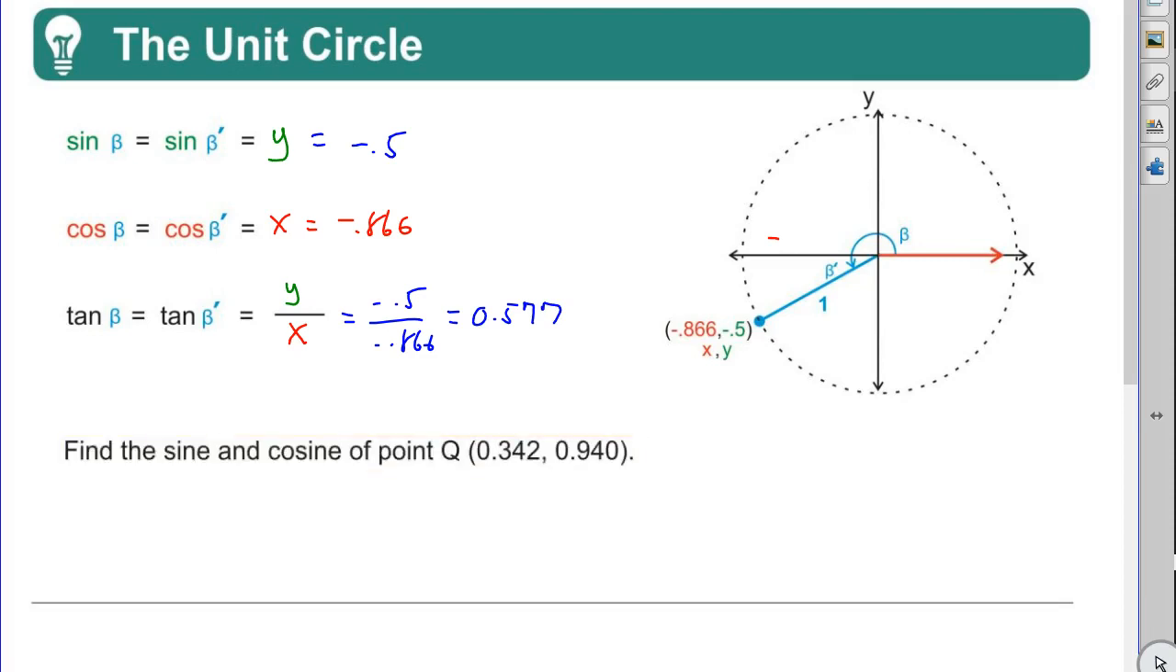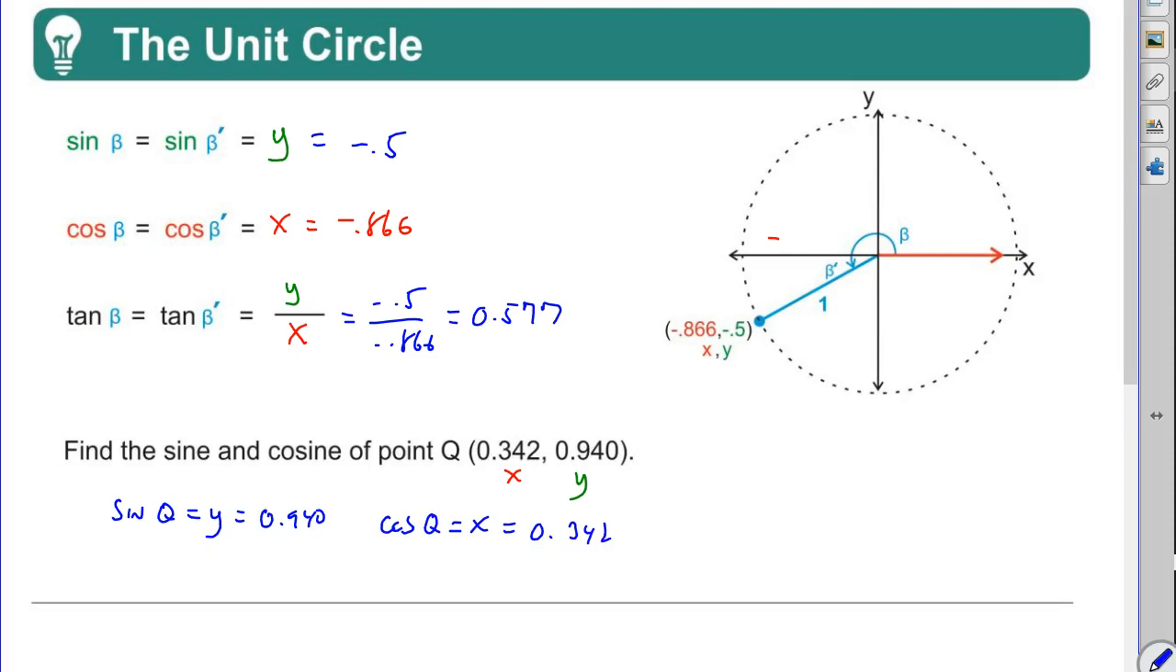Okay, so find the sine and cosine of point Q. And so, look, you get a problem like this, you should say, wow, great, easy one. Because look, here's the value of x. Here's the value of y. And all you have to remember is the sine of Q equals y. Therefore, it's 0.940. No figuring is necessary. It's a unit circle. What's the cosine of Q? It equals x, so it's